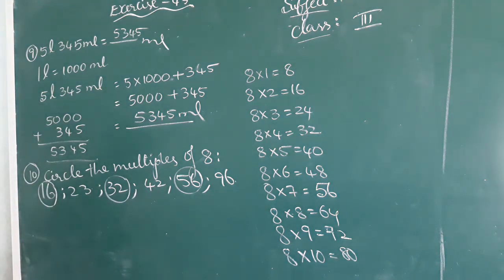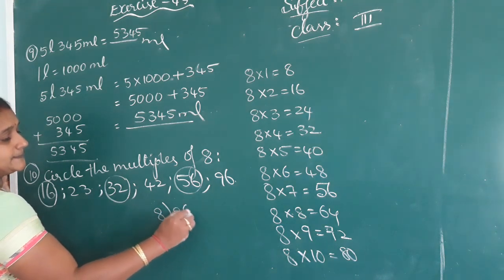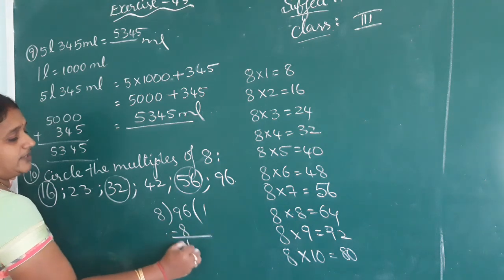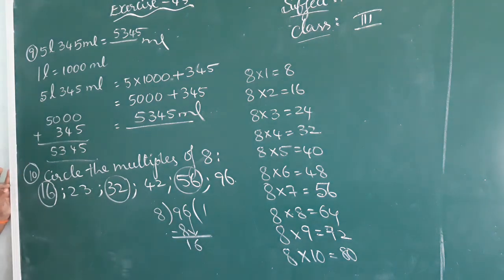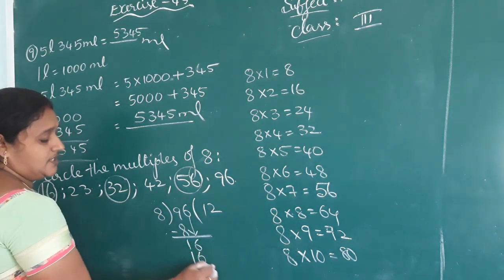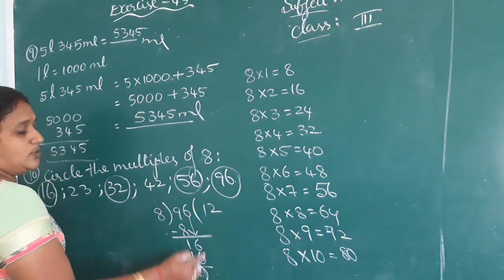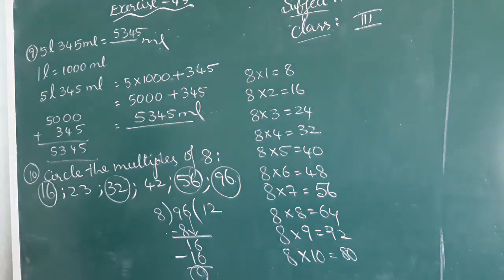How can we find? By dividing the number 96 with 8. If you get 0 as remainder, then it is a multiple of 8. So divide 96 by 8. 8 ones are 8. Remainder 1. Drop down 6. Now it is 16. In the 8 table, 8 twos are 16. Remainder 0. So 96, the remainder is 0, so 96 is also a multiple of 8. Like that we can find, children. In the next class we will